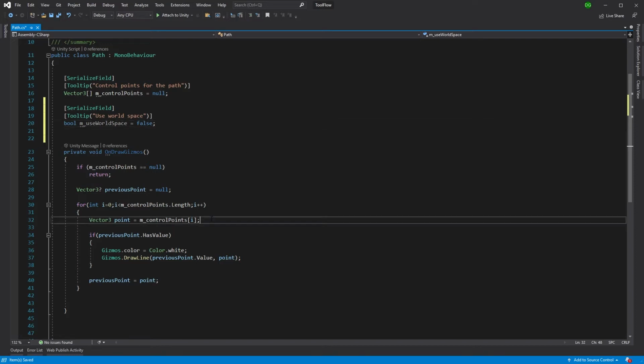Now, in here, we're returning back the control point straight from the array. So this doesn't know about our world space option yet. What we want to do is make sure that this uses the world space. So, use world space, and if it does, well, yeah, we're good. We've already created that. However, if we're using the local space, what we want to do is